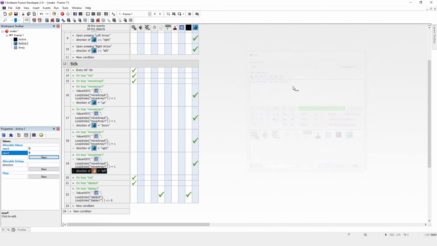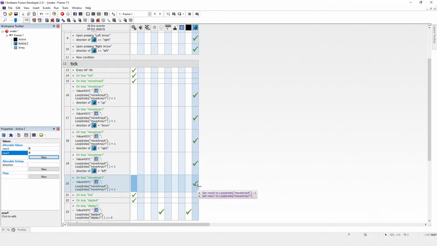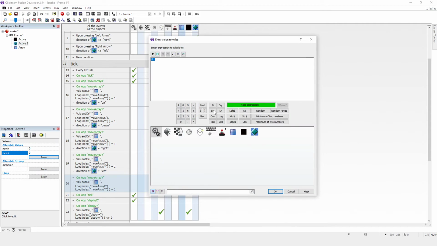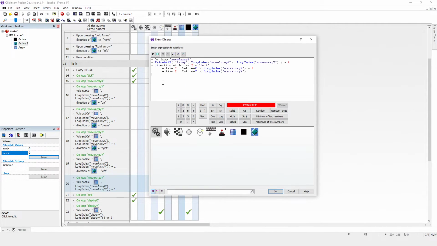So this isn't actually doing anything to the array, it's just finding out where the new position is. But on this loop also, we need to wipe out the array, so we don't want it to be 1 anymore, because the player's not going to be there anymore. So we want it to change to 0. So we're just going to look into the array, write a value to the XY, and we just write 0, and the X, right,